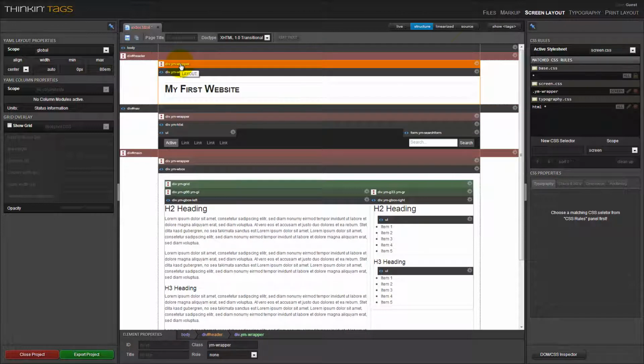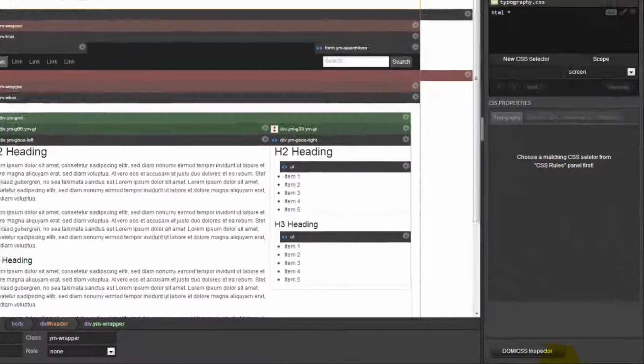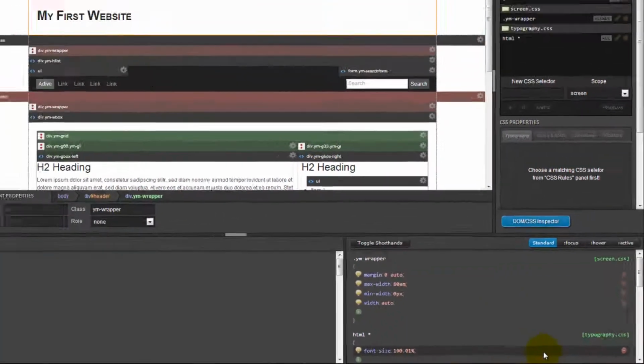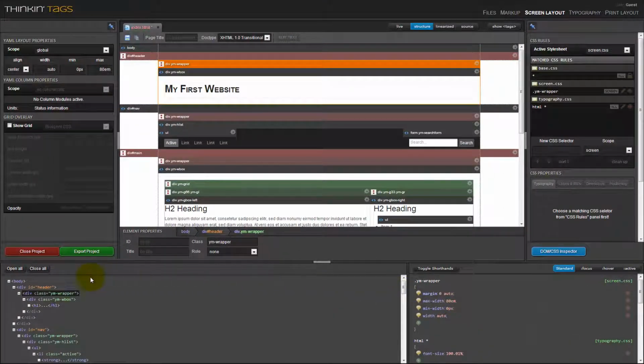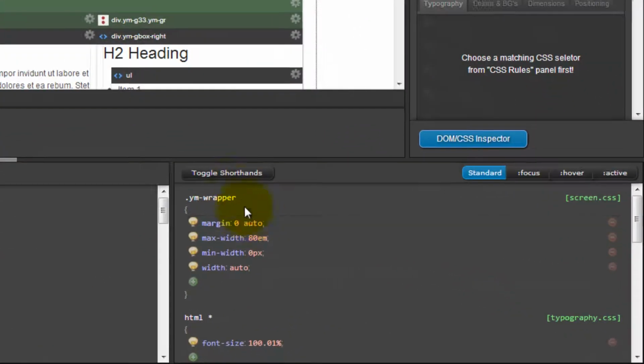This kind of protection layer for the layout elements of your CSS framework within Thinkin text does not mean that you are not allowed to modify these elements or to modify their CSS properties. To modify these styles, you only have to go to the CSS Inspector that I already showed you in the beginning of the screencast. On the left you have the DOM tree where you can click on any element,